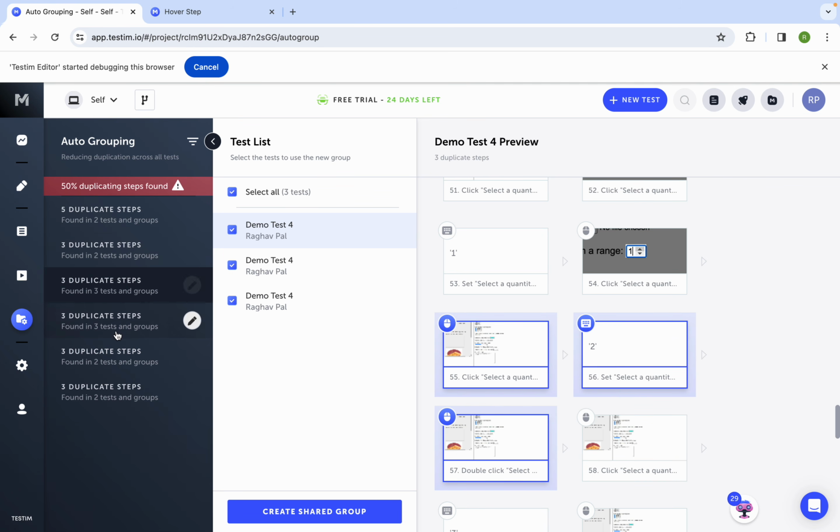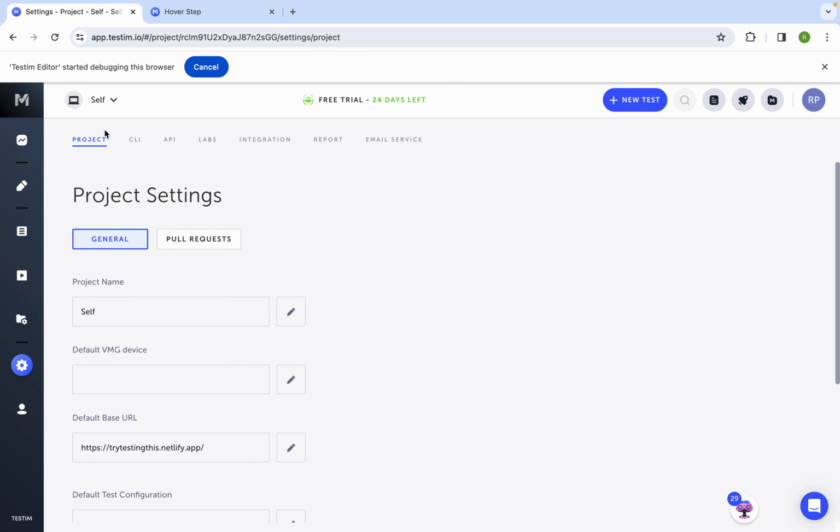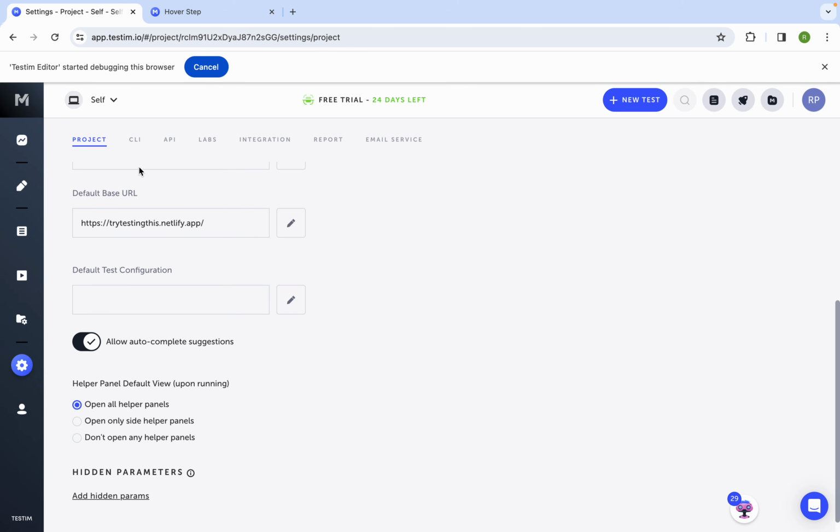And then if you want, you can create a shared group and then use these shared steps across your tests. Okay, then we have the settings here. So here you can see your project settings. Then we have